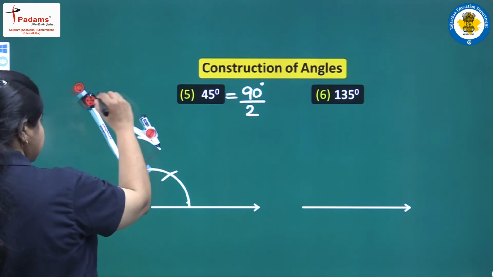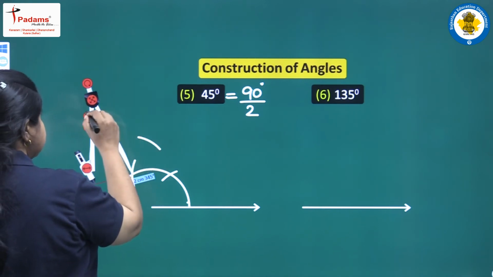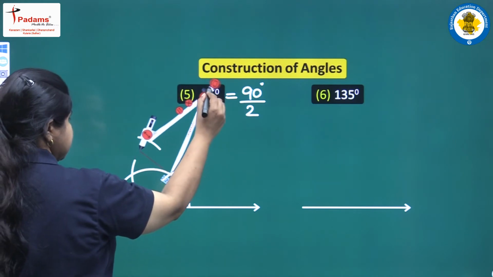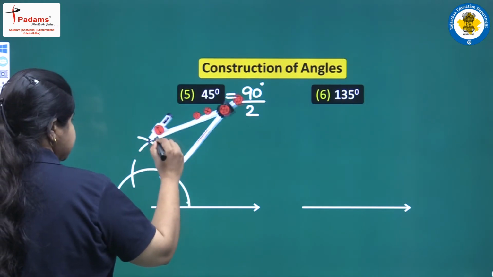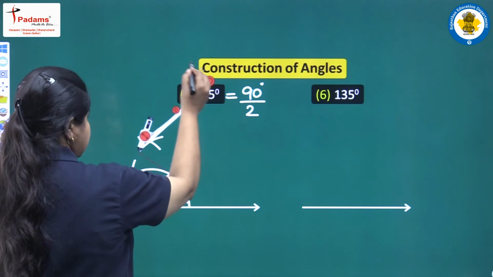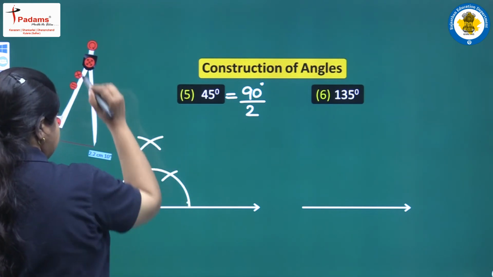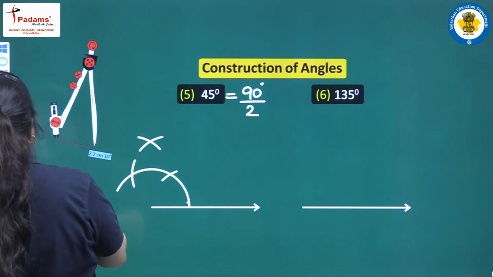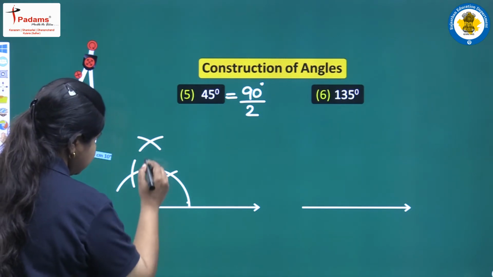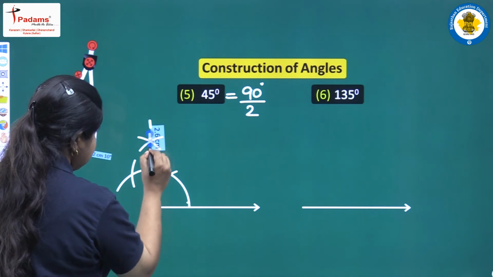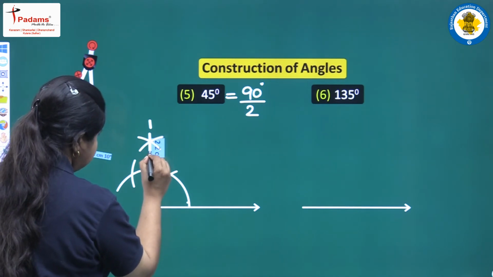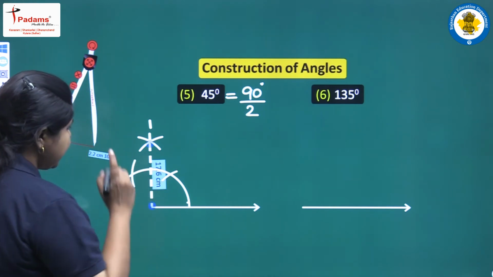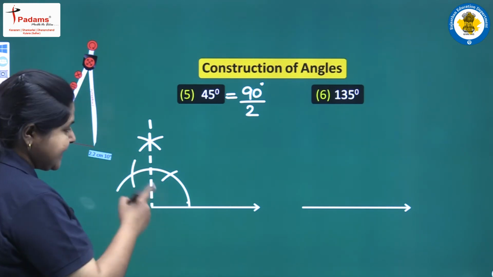So remember this, we have taken one radius. Next we will keep the center at this point and remember to take the radius equal. Again we will draw this arc. With this we keep it aside for a while. We have this point where we can get a line segment making an angle of 90 degree. So here we have an angle measuring 90 degree.